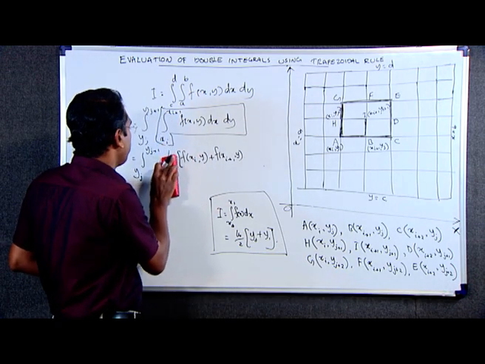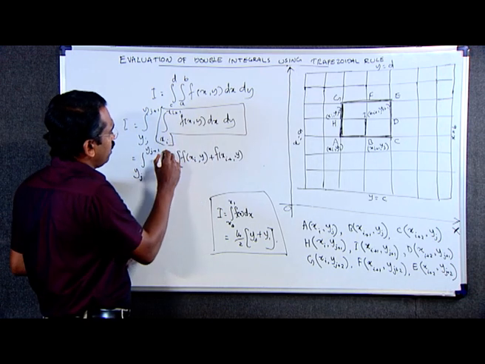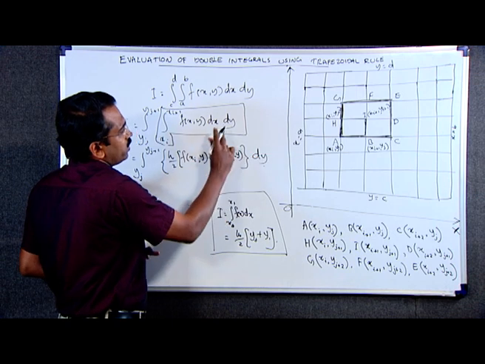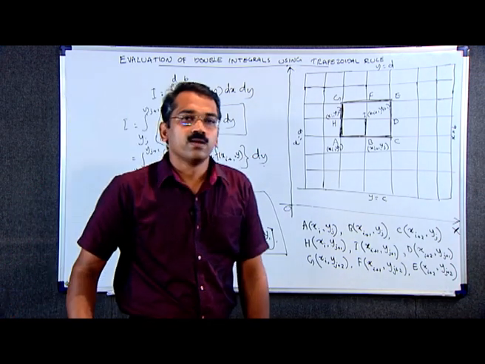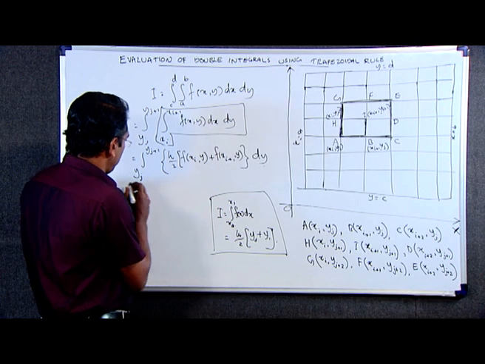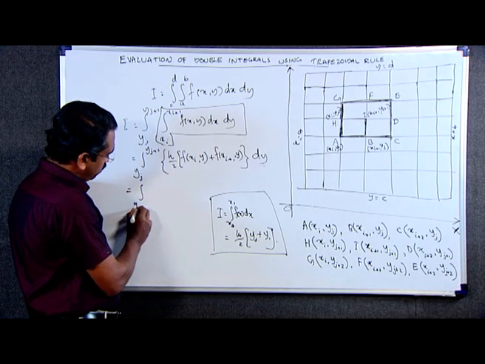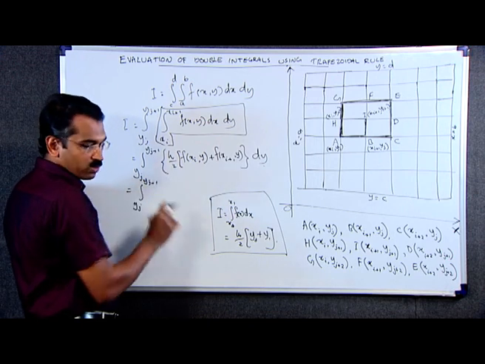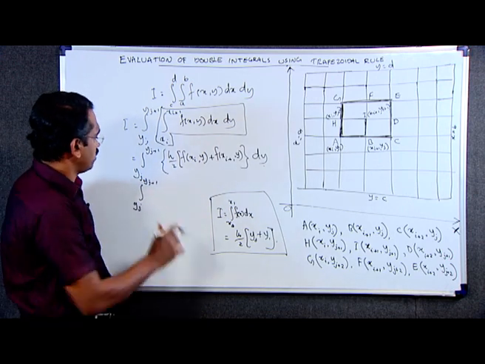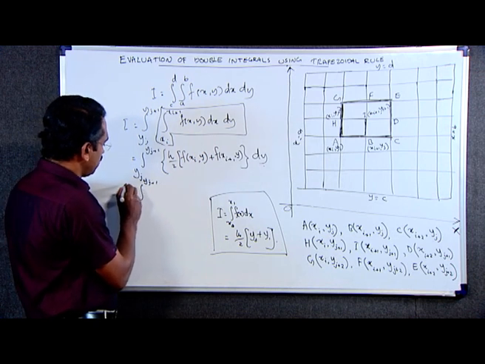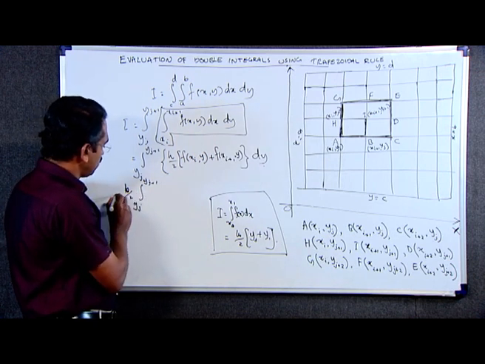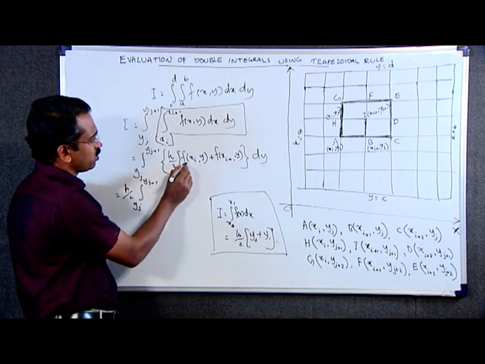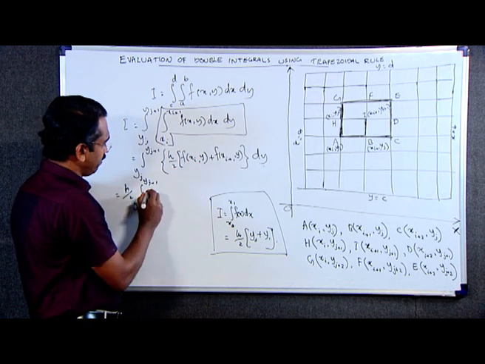This is the value of this inner integral by using the trapezoidal rule, into dy. This is equal to the integral from yj to yj plus 1. This h by 2 can be taken outside of this integral because h by 2 is a constant. Therefore, this can be taken outside. This is equal to h by 2 into the integral from yj to yj plus 1 f of xi y dy